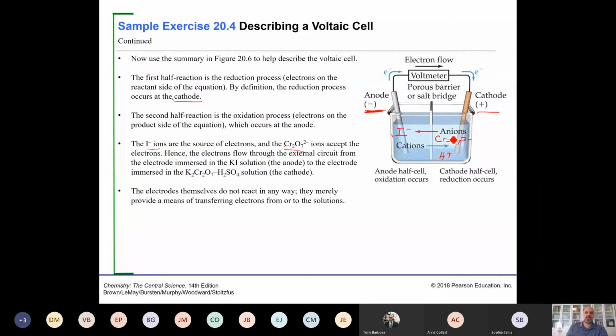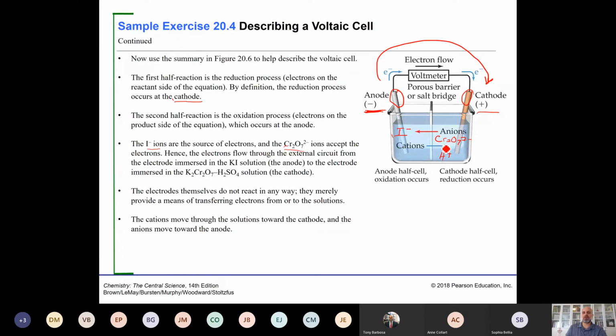So when we're looking at these particular reactions, the only thing that's happened is that the electrons are moving from one side to the other. Both the cathode and the anode, the rods sitting in solution here, are not going to be reacting at all in this particular reaction. They're simply providing a means of transferring electrons from one side of the solution to the other side. And the cations are going to move through the solutions toward the cathode, and the anions